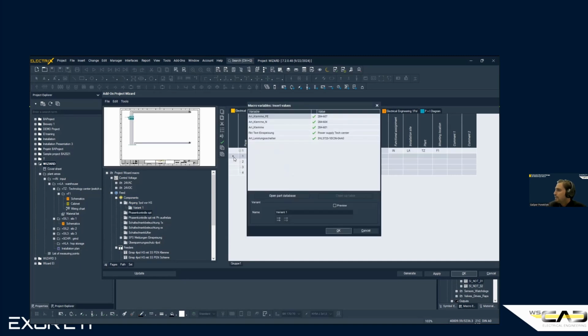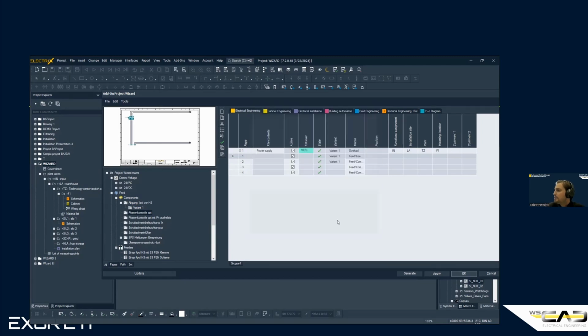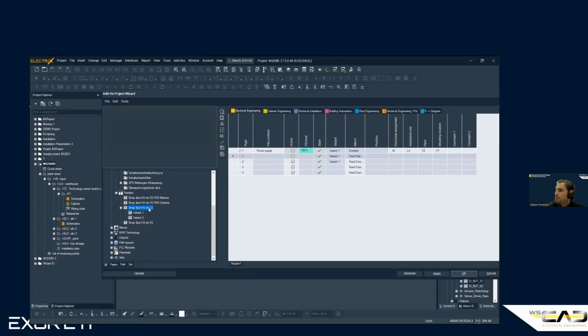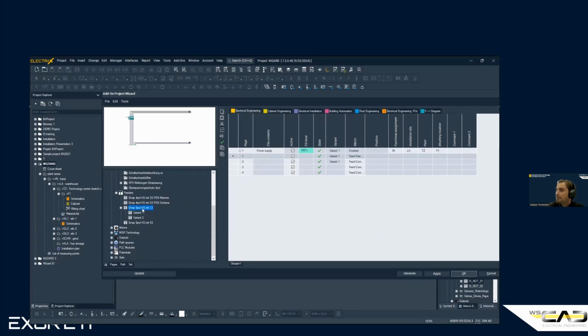So if we double click here, we can open these variants with different variables, and here we have different values. So for different applications, we can change the numbers, we can change the part number, we can create a new variant. And if we want to create a new variant with a macro, we have to have these variables. So here, for example, with a right click on the Project Wizard add-on, you can see we have the possibility to edit the macro,